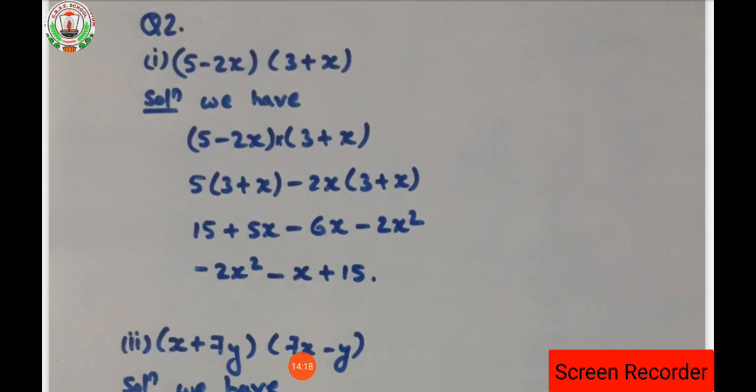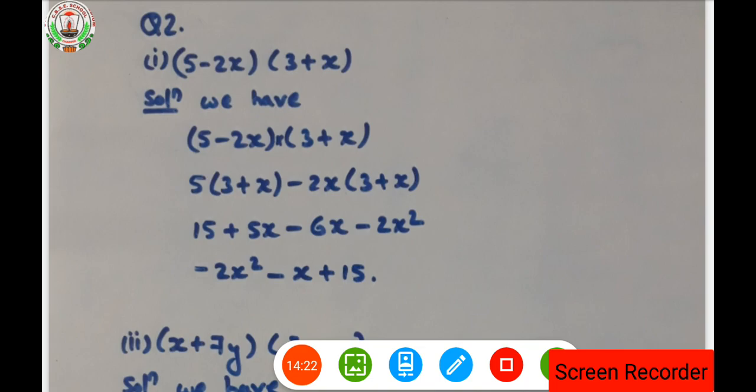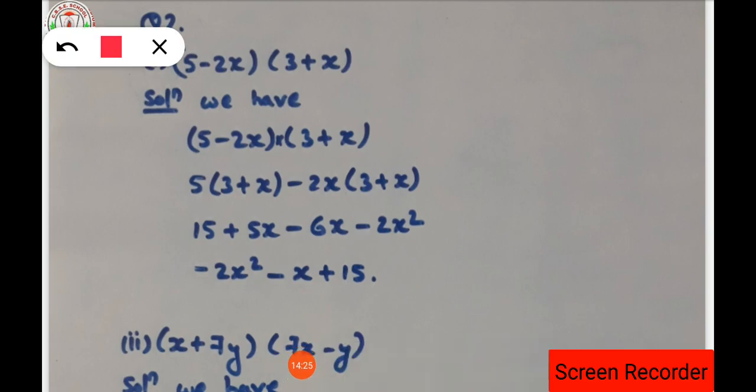Okay. In the same way, question number 2, what does it say? It says find the product. Find the product is very easy again. What you have to do is just open the bracket by multiplying the terms. It is similar to what we did in question number 1. In the same way you have to do it in question number 2 also.